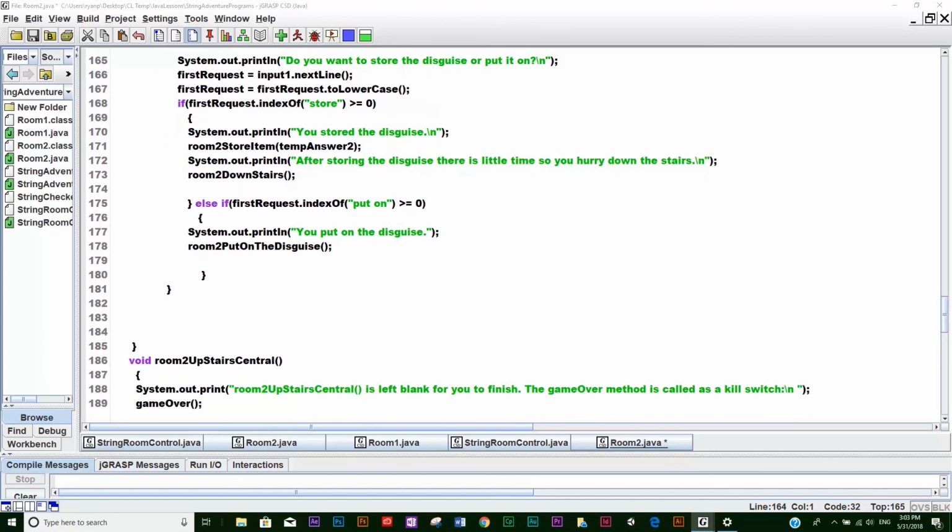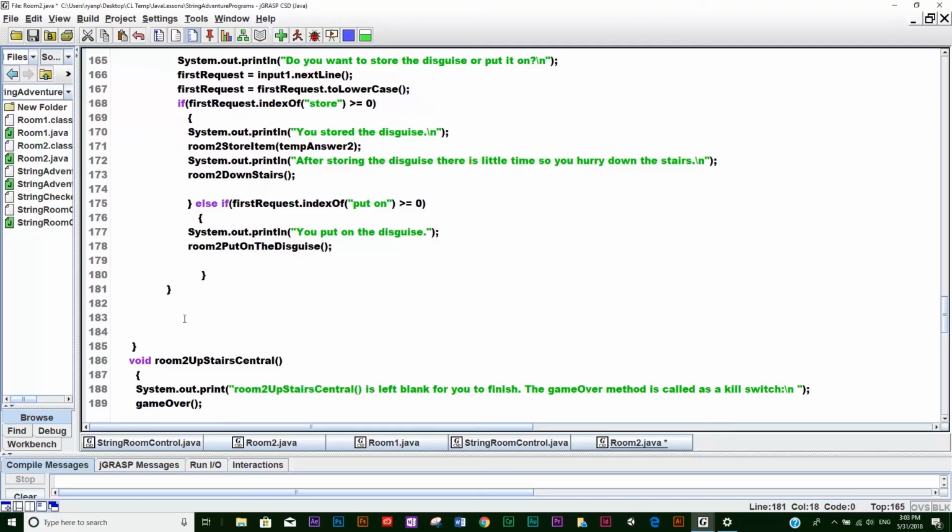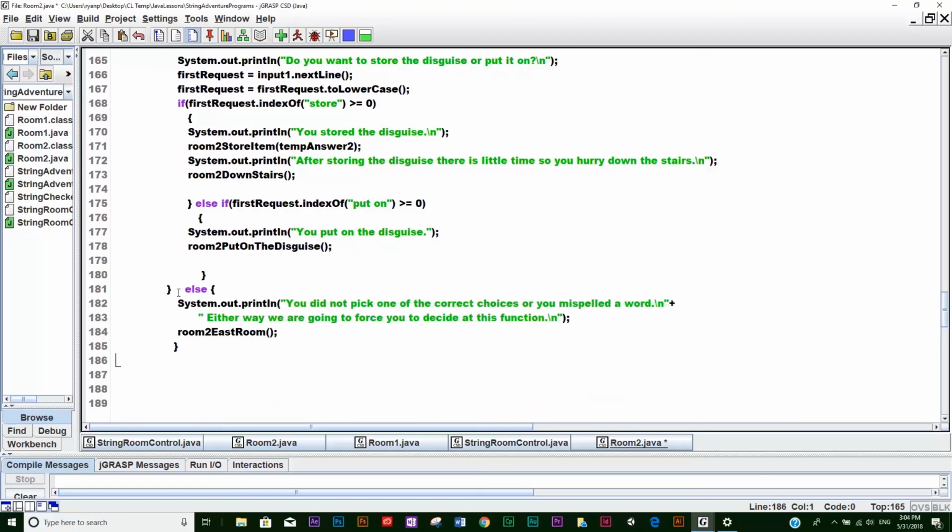What we're going to do is put an else statement. And this is actually going to be the end of the program here. I'm going to put my else statement right here. I'm going to paste it in. I like putting the else right beside the if statement, so I'm going to put this back over here. Okay, so the else statement